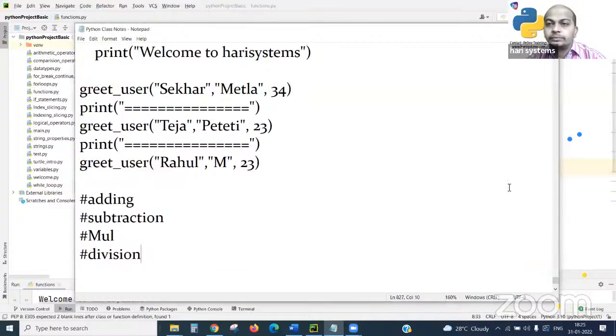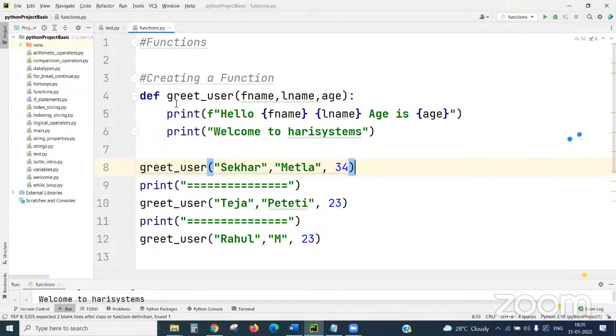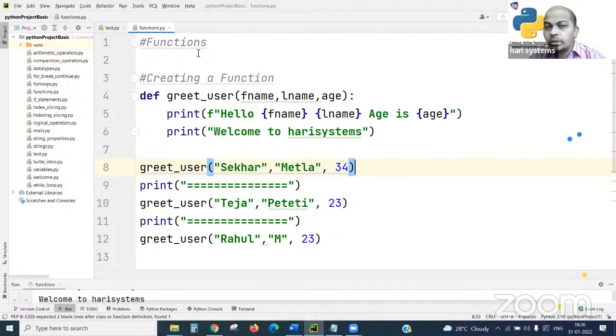So let's see now what I'm trying to do here. We'll explore a few list methods, how list items and list functions interact. We'll try to discuss. Okay, so let's see.